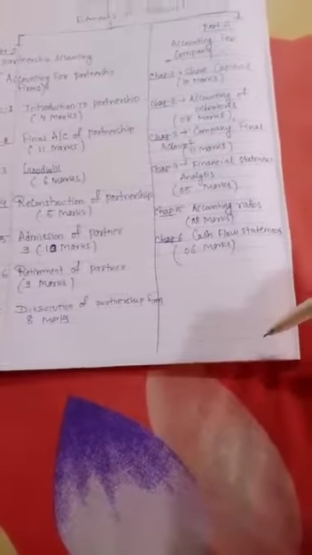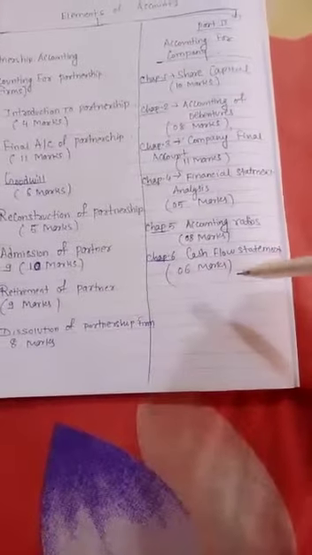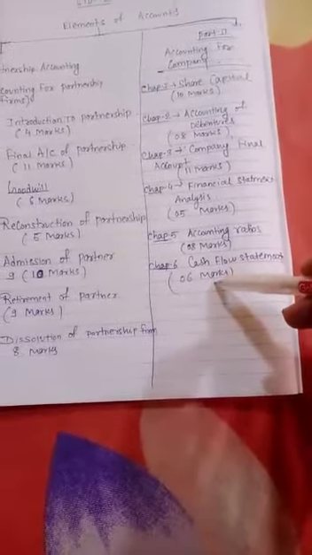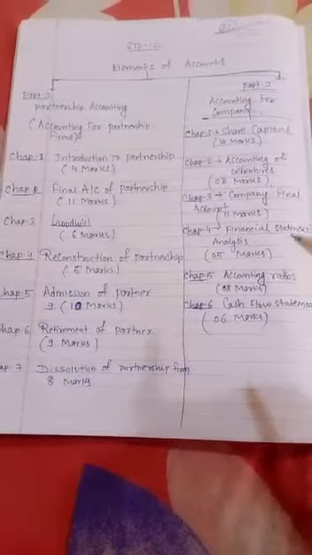Next one is Cash Flow Statement. This is also asked in 6 marks. So friends, this is the brief explanation